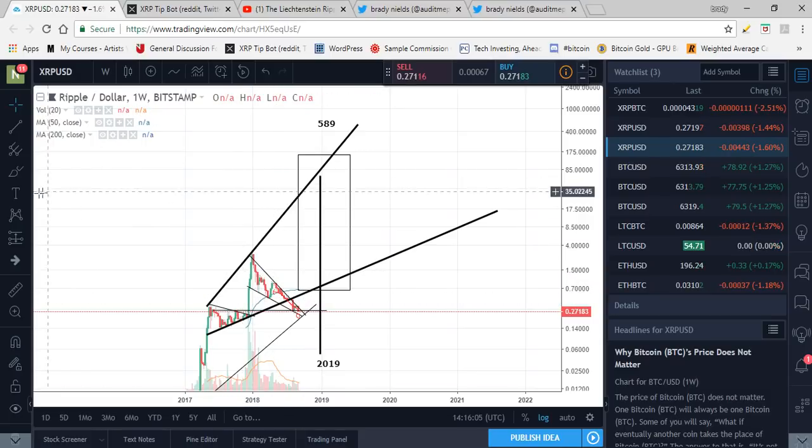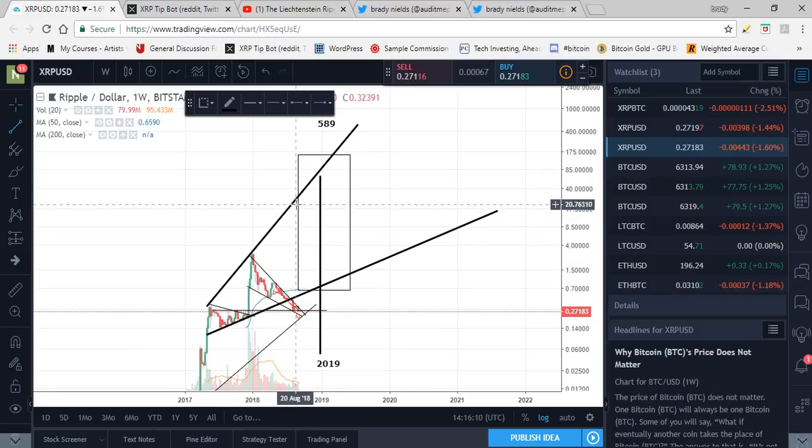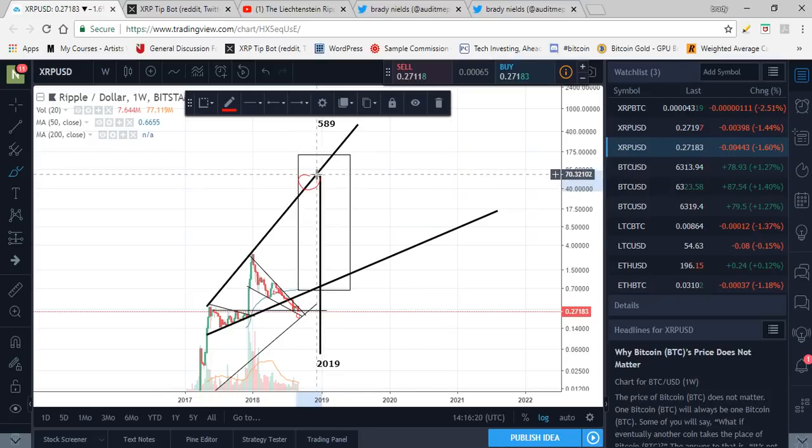And sometimes I feel I'm crazy when I say my end of year price is, I think I said it, somewhere around 50. And I think I put that on Twitter. Just because that's the highest price point on this trend line intersecting with 2019. That's the only evidence I have